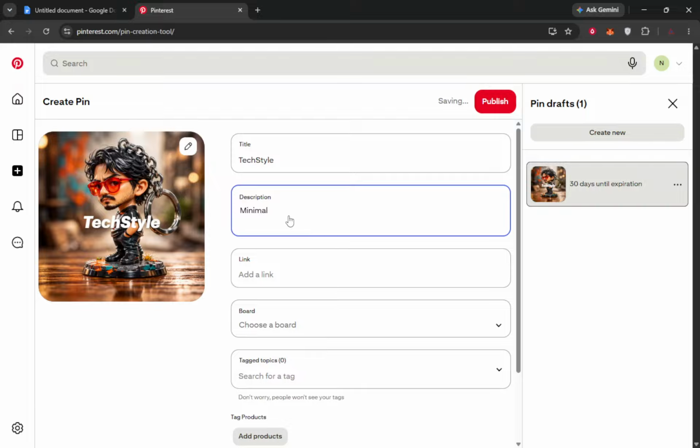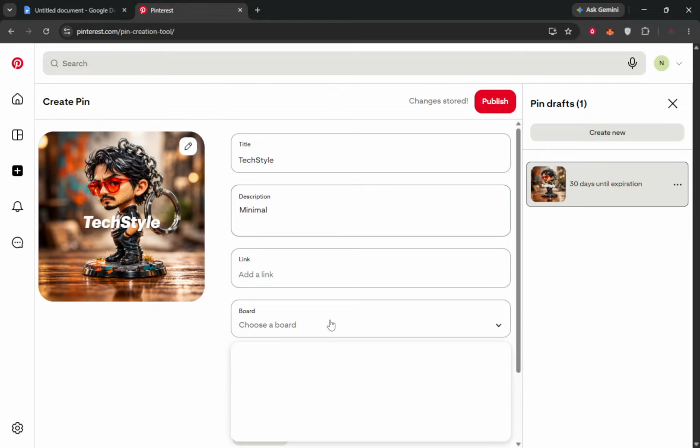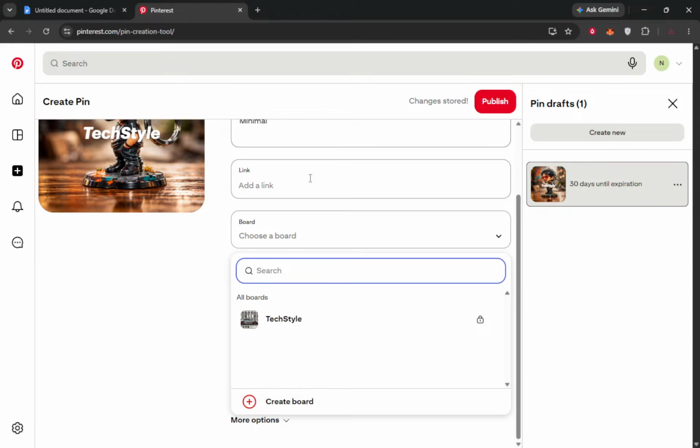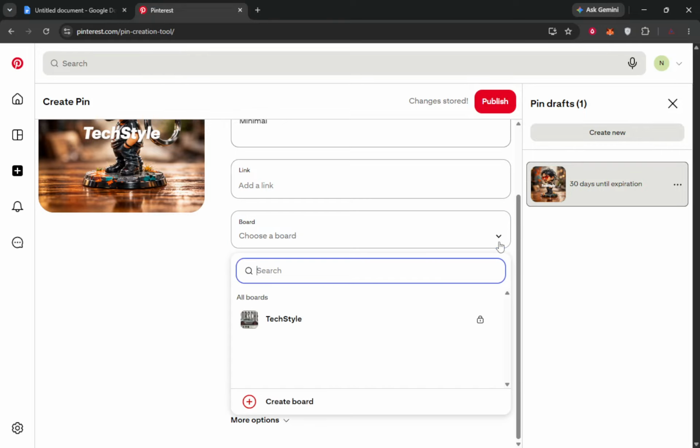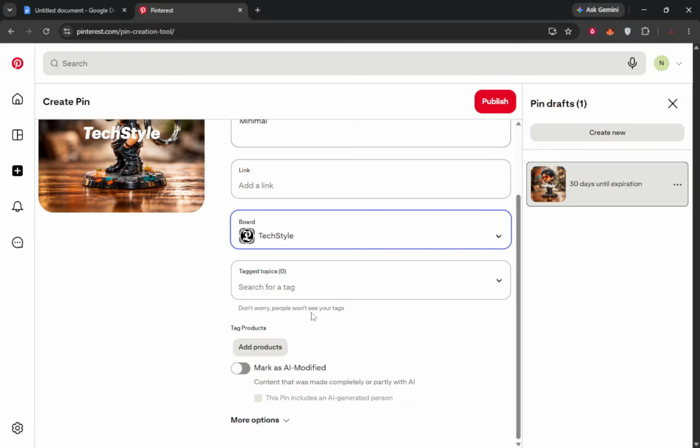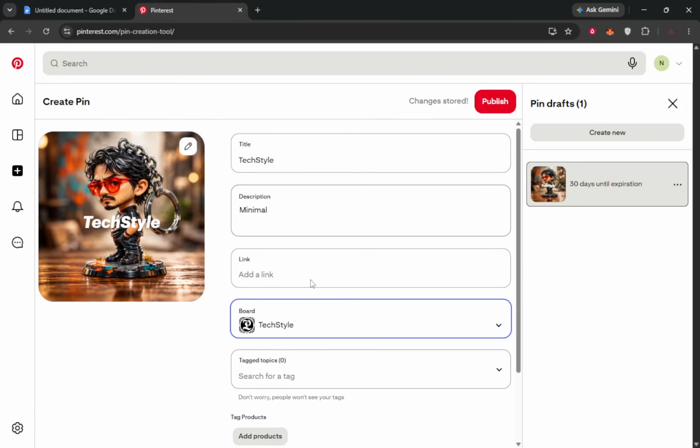At this point, choose a board or create a new one. You might place it in an existing wallpapers board, or make a fresh board just for this set. Once you select the board name, you will see it confirmed next to the pin preview. Finally, click or tap Publish or Create. After a moment, Pinterest saves your new wallpaper pin into the board you chose, and you can open it there anytime. You just created and uploaded your own custom wallpaper on Pinterest.